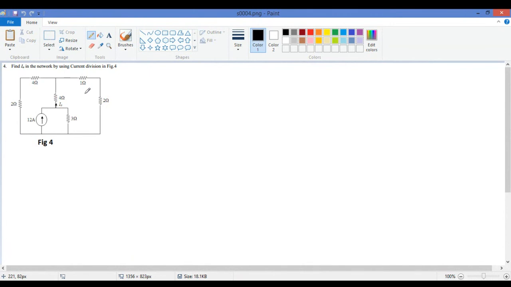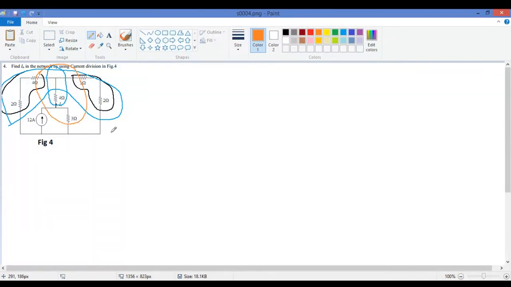I think you can solve it very easily. So I give this as homework. You see, they are in series. They are also in series. Then after you get it, this all will become parallel. That parallel will become again in series with it. Again it will become series with it. This series will become again in parallel with this. So I think like this you can solve and find the I naught,